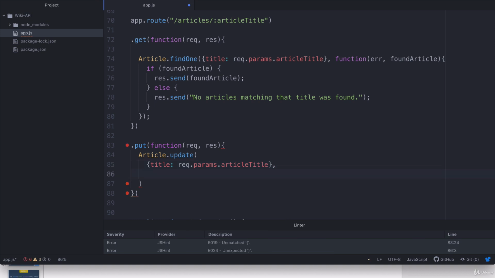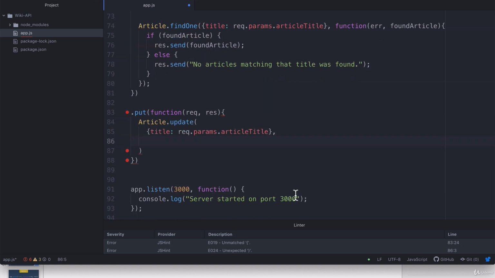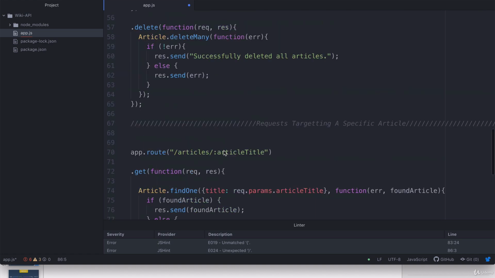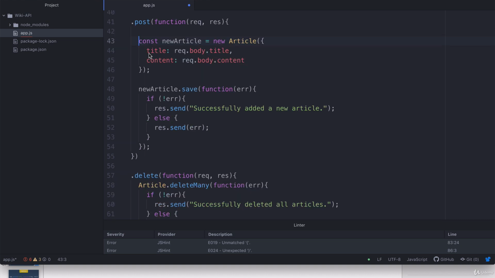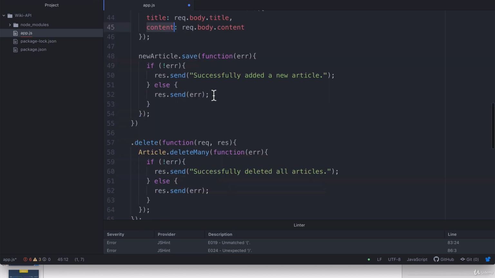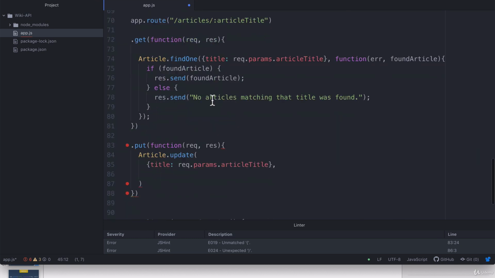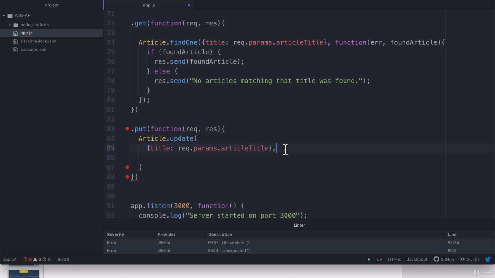That's the condition. The next one that we have to put into this update method is the actual update that we want to make. So in this sense, it's kind of like that post request that we made previously, where the client will submit some new content through the body of the request, and that can contain the title and the content. And we'll use this information inside the request to update our article that we found through this search. So over here, I'm going to open up another set of curly braces, and we're going to add in the title as the